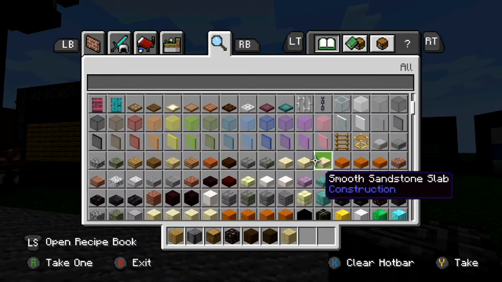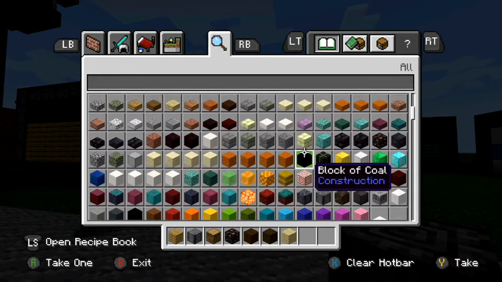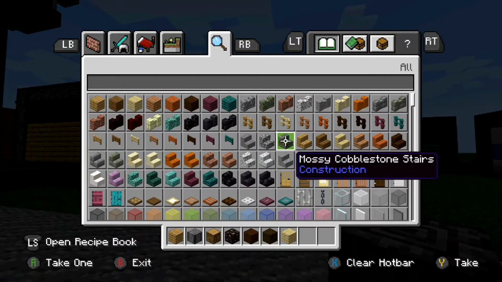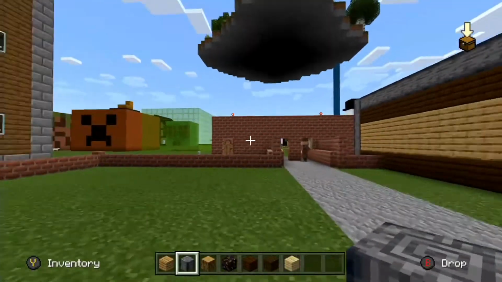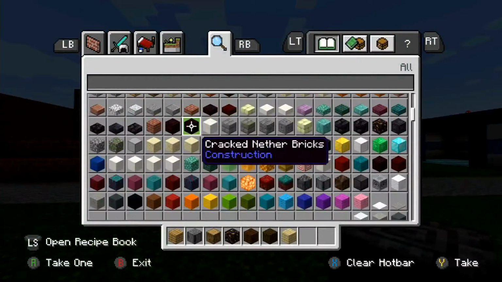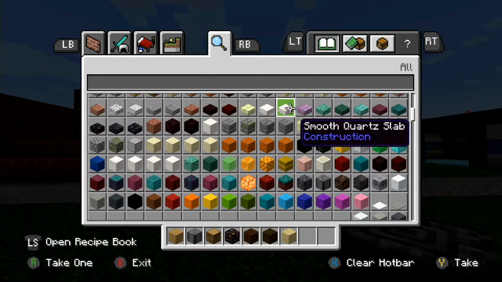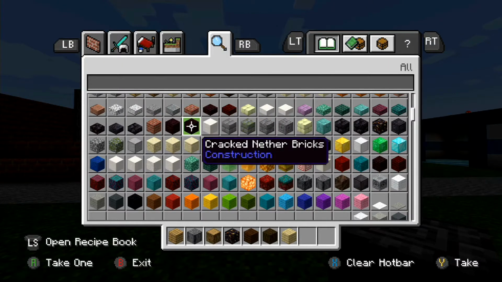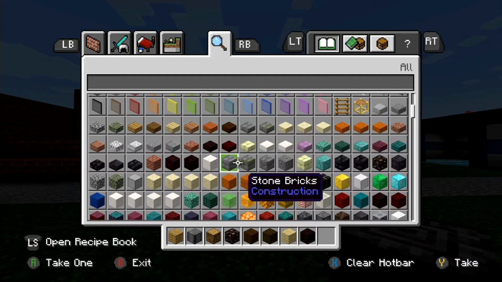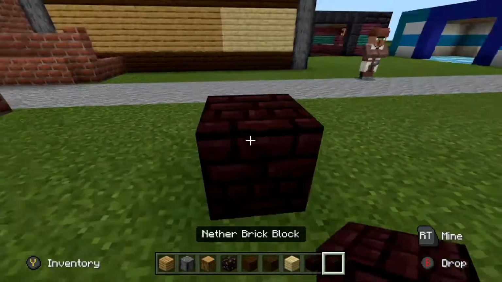If we were to use, what about bricks? Where are bricks at? I don't think I've really used... Oh, we have bricks for the outside and that building over there. So what if we were to make this out of bricks? Or maybe we did nether bricks? Would that be a good idea? Where's regular nether bricks? So if I were to use the regular...